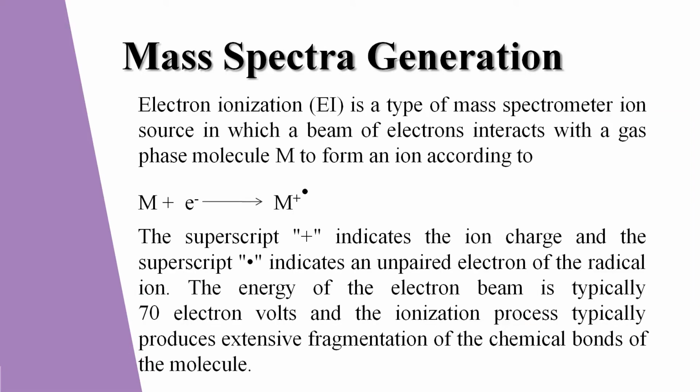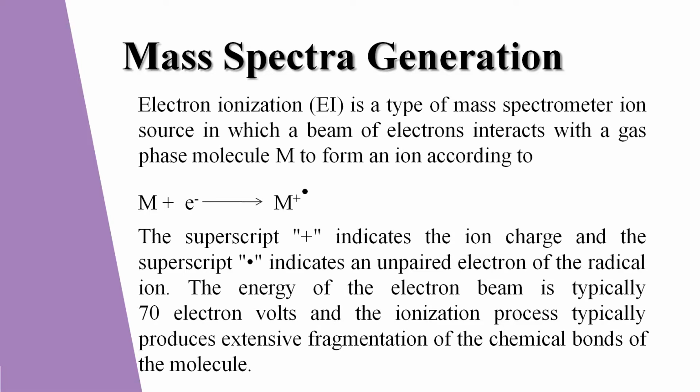I will explain the high vacuum pressure in the ionization chamber. Due to the high vacuum pressure in the ionization chamber, the mean free path of molecules varies from 10 centimeters to 1 kilometer. And then the fragmentations are unimolecular processes.